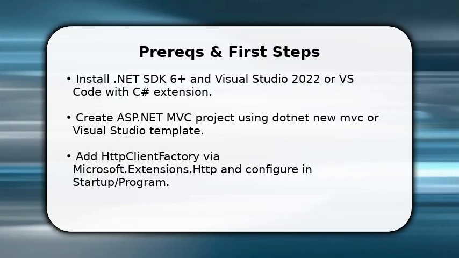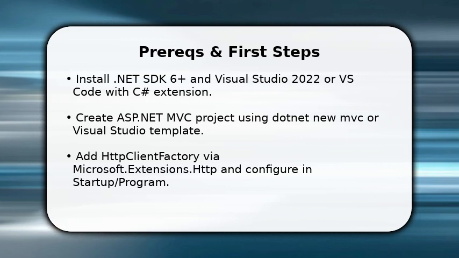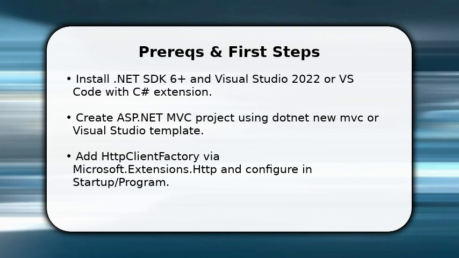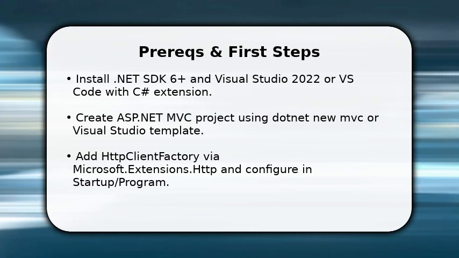You already have the essentials: .NET SDK and an IDE. First, create the MVC project now and register a typed or named HTTP client with AddHttpClient in Program.cs. Once done, add an interface for your API client and a concrete class that accepts HttpClient in the constructor. Make sure to configure base address and default headers there. This gets you immediately into code rather than setup details, so you can call endpoints with clean dependency injection and